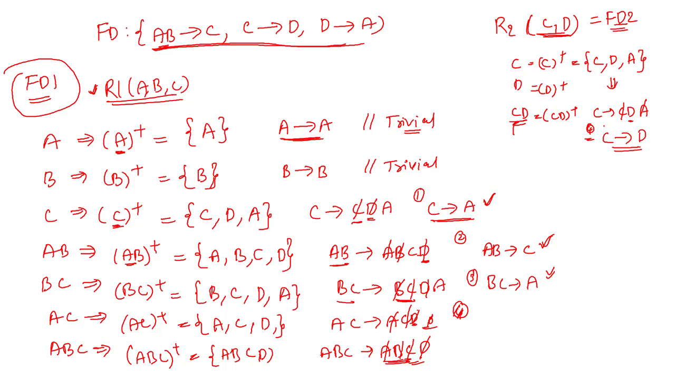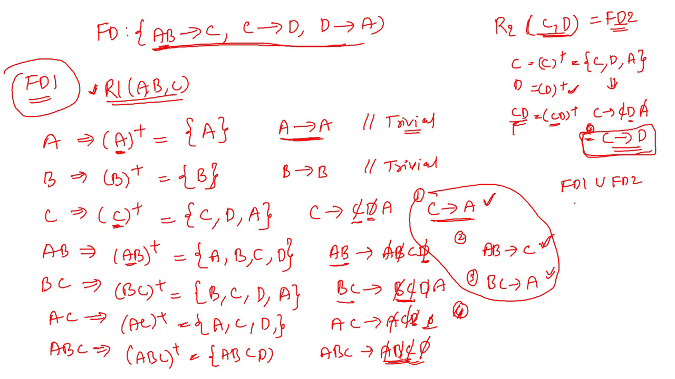But you cannot get any other functional dependencies. If required, you can also do the closure of D and CD closure. So totally I got 4 functional dependencies. FD1 contains all these three functional dependencies. FD2 contains this functional dependency. Now the thing is, you have to calculate FD1 union FD2. FD1 union FD2 contains C implies A, AB implies C, BC implies A, and C